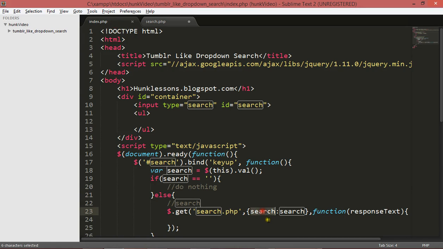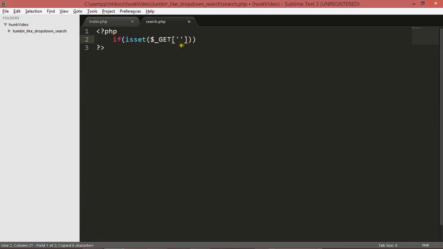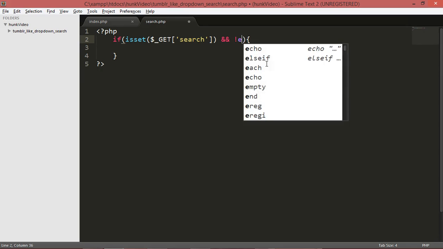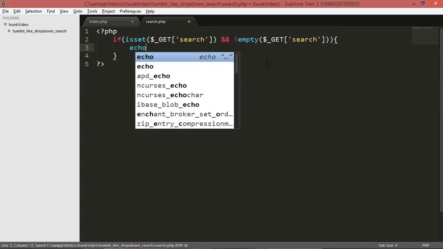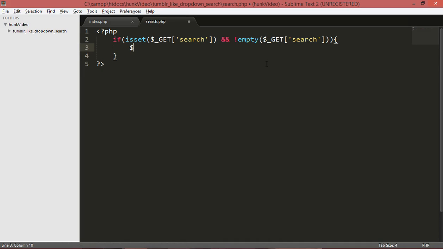This search, we'll copy it and paste it here. If isset $_GET search and not empty, we will save our search into a variable search, which is equal to $_GET search.